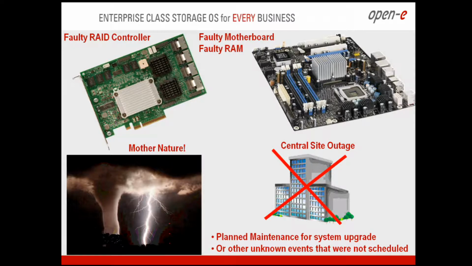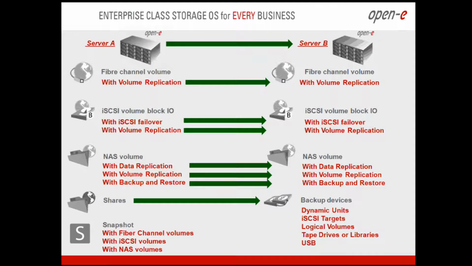So what we're trying to address is what to do. Well, I made it very simple and short. There's a lot here, yes. But in the end, what we're talking about is replicating your data. Server A replicates to server B. Real simple. Now, what we need to figure out is, what's your environment? Is it Fibre Channel? Is it iSCSI, NAS, or all of the above? Now, what I have is a system that is all of the above, so we can go and review them.